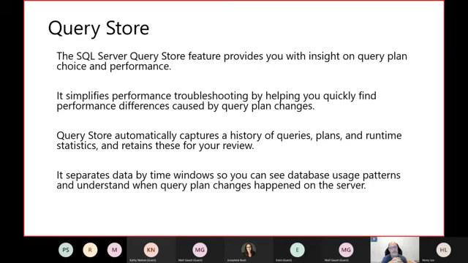At the same time, it's also storing all the runtime information, like, for example, how many times it was executed, for how long it ran as minimum, maximum, average, the amount of reads, writes, etc. In 2017, they also added the possibility to capture wait stat information through Query Store. So when we enable it, it's just doing all the things that I said, capturing execution plans and capturing runtime information.